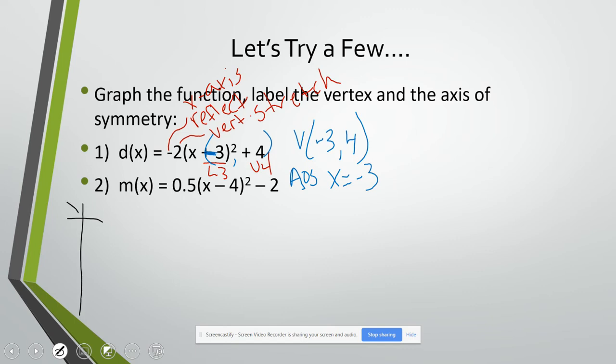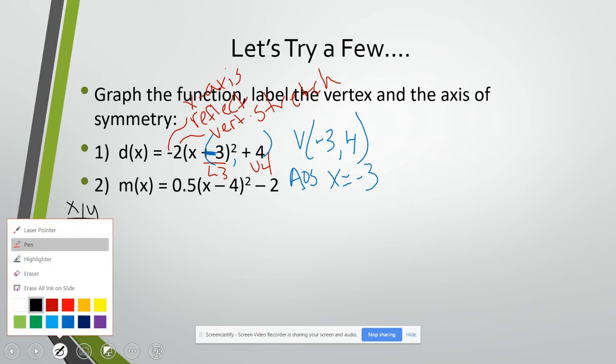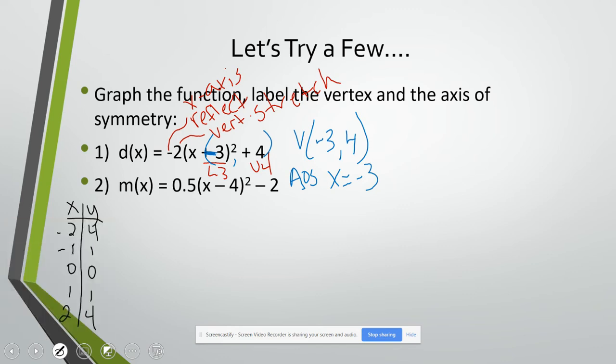So to graph this, always starting with our parent function coordinates from last section. And then a reminder that we do our transformations from left to right. So our first transformation is that x-axis reflection. And we said that that x-axis reflection changes the signs on our y values in our table. So negative, negative, negative, negative. Remember, 0 can't be positive or negative, so we're not going to change that. The vertical stretch